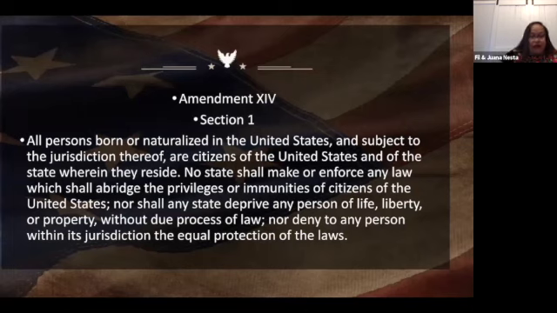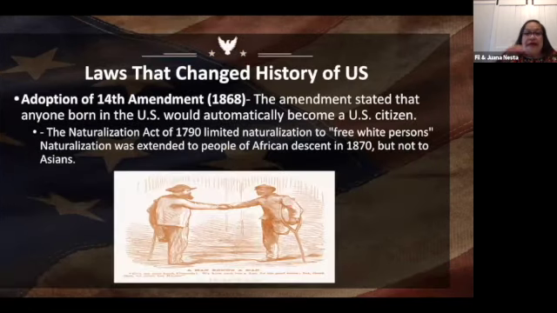So we continue to move on, and then we are encountered with the Civil War and the Emancipation, and now we see the 14th Amendment radically transforming the possibilities of inclusion for citizenship in the US. And this was because they needed slaves to then be part of the Civil War. They fought in the war. And so the adoption of the 14th Amendment in 1868 stated that anyone born in the US would automatically become a US citizen. So finally, we're seeing a promise that unfortunately would be broken.